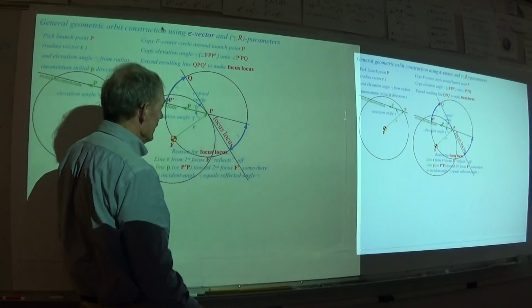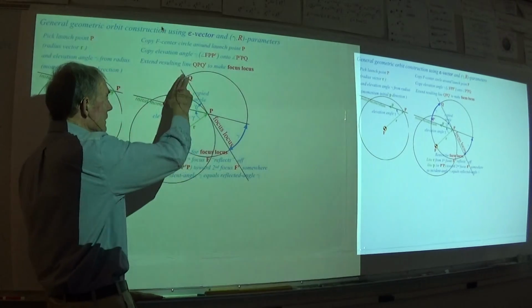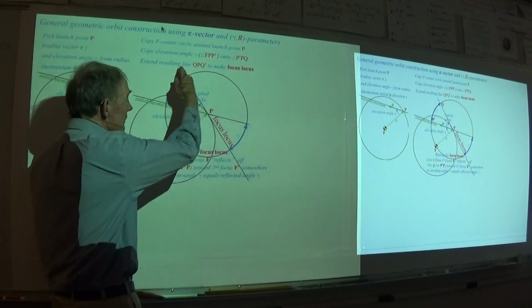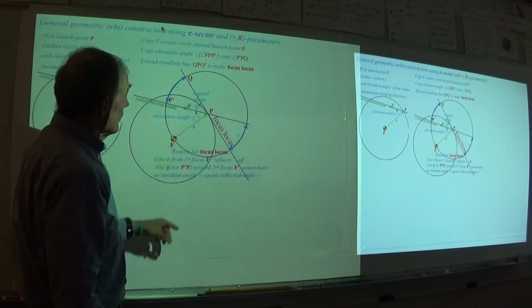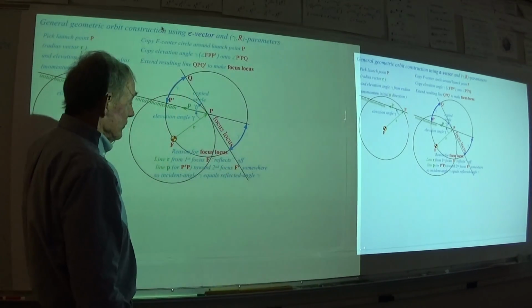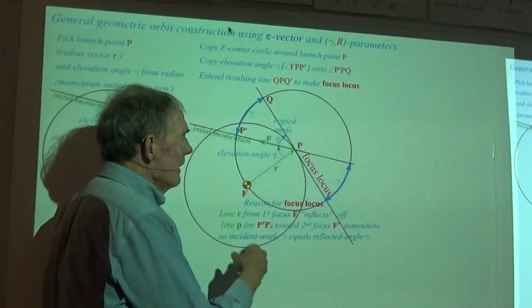That's angle of incidence, angle of reflection, they're both gamma. Okay, so that's what I did when I copied this angle. I made a focus locus just by copying it right there and then drawing it all the way through. Okay, so somewhere on that line, depending on what else we say about this orbit,